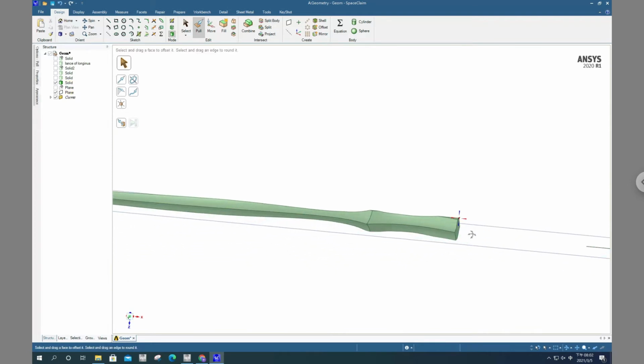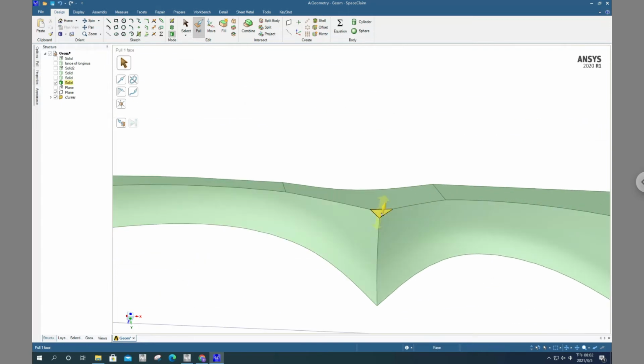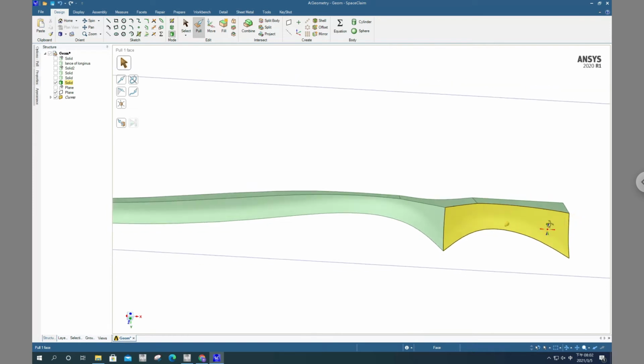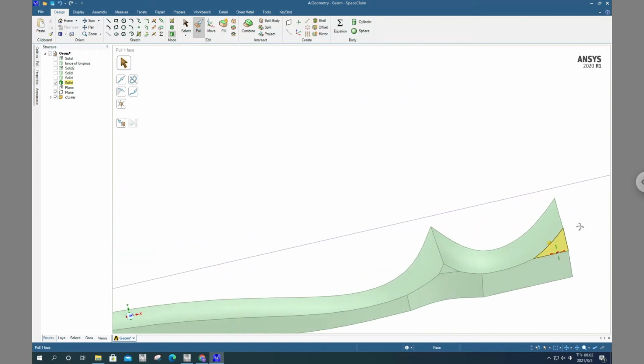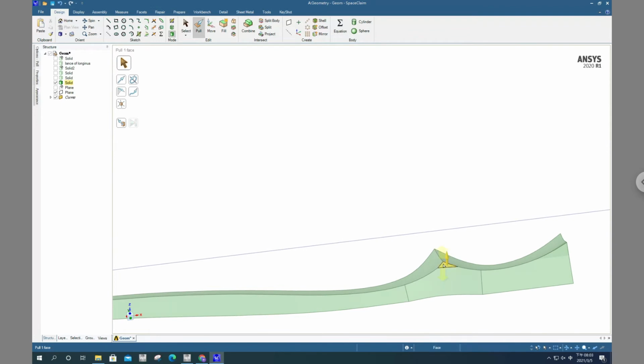Okay, so the next part is we're gonna fix these two parts. Same as before, click on pole tool, click on the face, and this time we click add. Same thing here, this time we click add, and we're gonna make these two flat faces pointier. So same here, click on the face, click add, and then pull up. Same here, click on the face, click add, and then